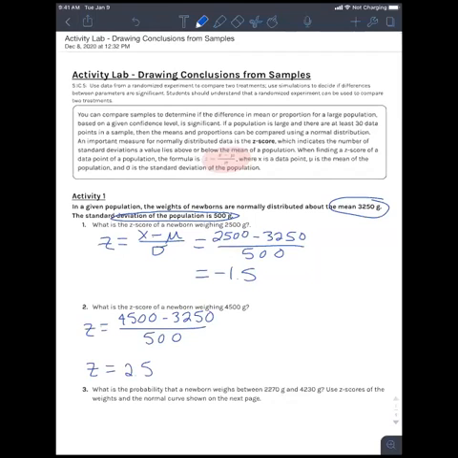Nothing crazy? Okay. For question 3, we're going to have to calculate 2 z-scores, and we want to find the percentage that falls between them. So when we talked about our normal distributions before, we found the 2 bottom numbers, and we found the percentage that falls between them, right? So we're using the same